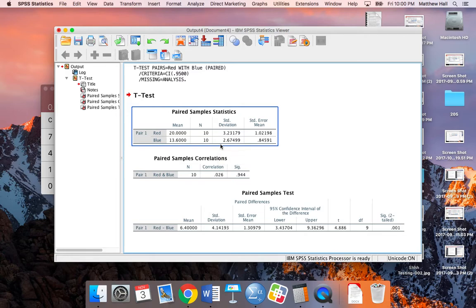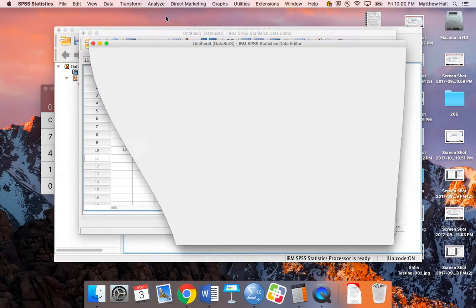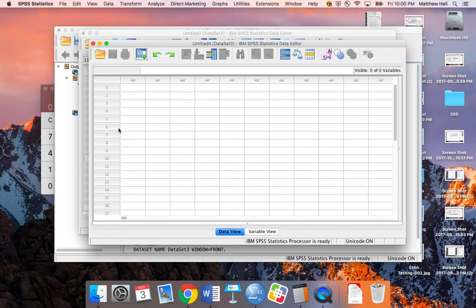So now I'm going to move on to the second case. Go back to the other window and create a new SPSS data window. Now when I'm looking at my second case, the situation is a little bit different. I've got a data file